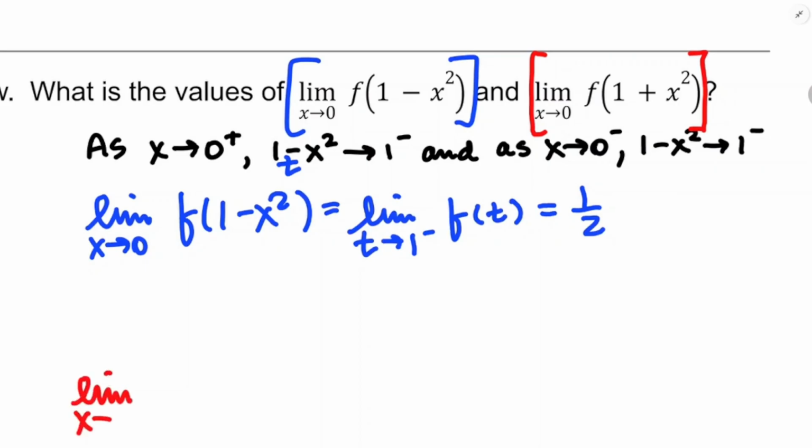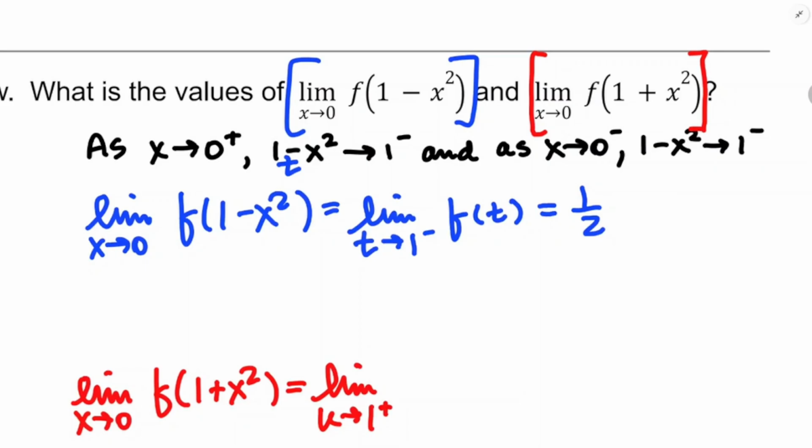So I would say, and I'm going to write in the sentence above, but just after the fact, I'm going to do it a different way this time. The limit as x approaches 0 of f of 1 plus x squared is going to be the same as the limit, maybe I'll call it u this time, the 1 plus x squared, as u approaches 1 from above, because 1 plus x squared is always a little bit bigger than 1, as long as x is not 0,